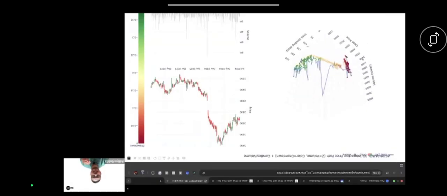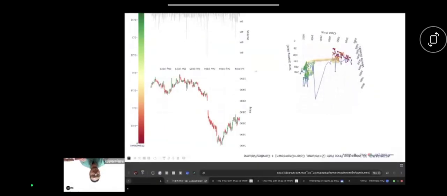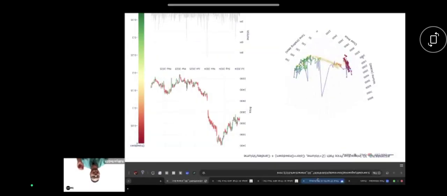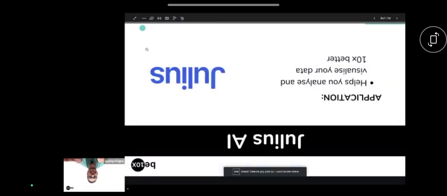And I have just entered a very, very simple prompt in order to generate something like this. The next time you are doing your office presentation, you can create a wow impression in front of everyone by being able to create something like this. That is the power of this 3D dynamic interactive visualization. The next time you are doing an analysis, be excited for it, because you will be able to do something like this. But guys, we do not stop here.